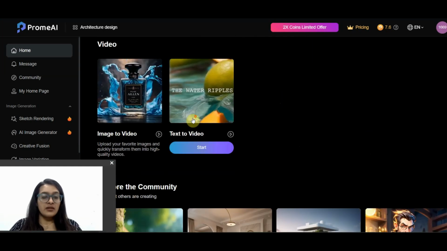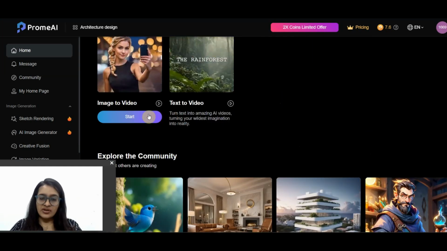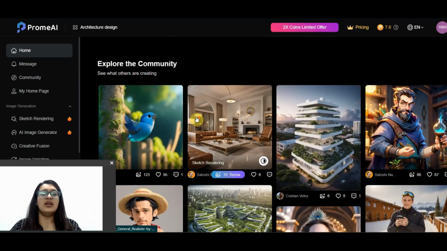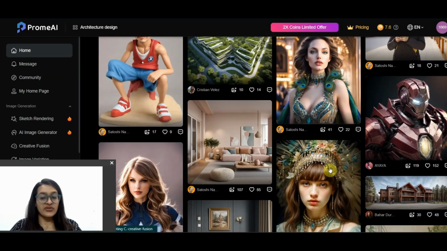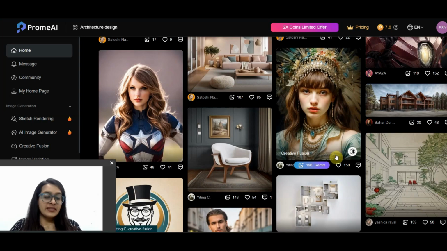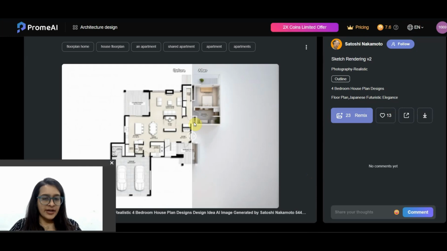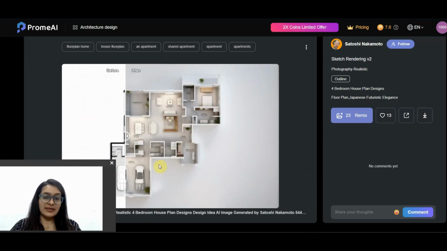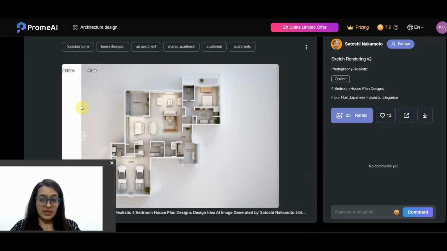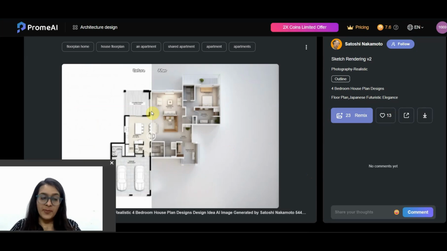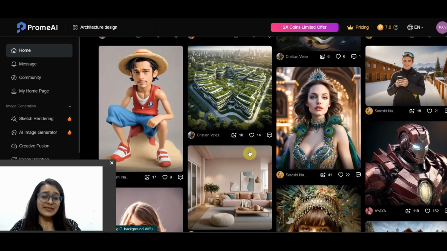Relighting, all right. Some kind of image to video generations, text to video generations. These are a few examples of people who have already used Chrome AI. As far as I see this, it generally looks like digital rendering and art kind of a thing. But let's see how we can do this, because if my before plan is like this and if it's generating a good plan for me, we can totally go ahead and import our plan, and we'll get started with that.